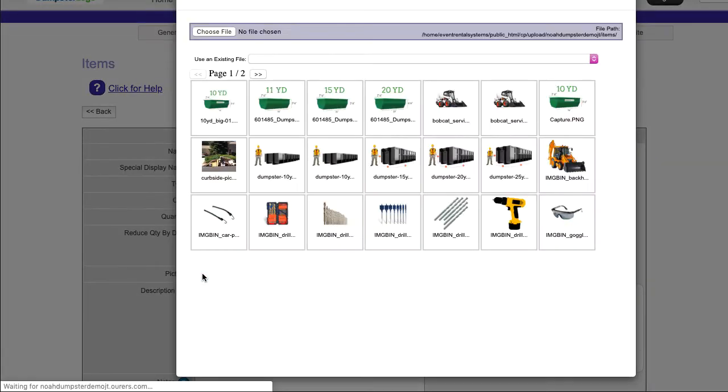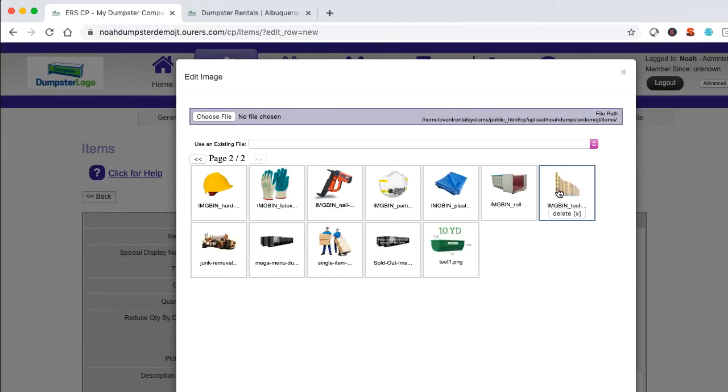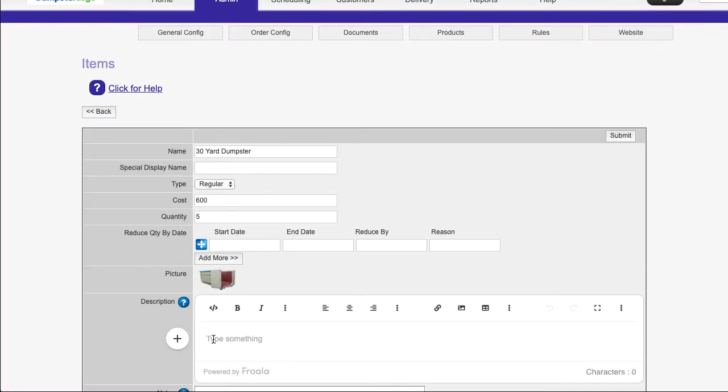The picture box allows you to upload an image from your computer or select from one of the ERS defaults. The picture will be displayed on your store. The description box creates text next to your item which populates to the web page for the item. The editor allows you to perform all kinds of functions such as bolding text,